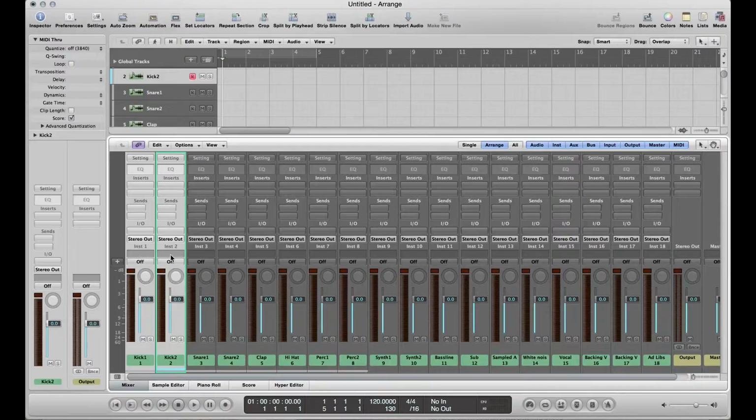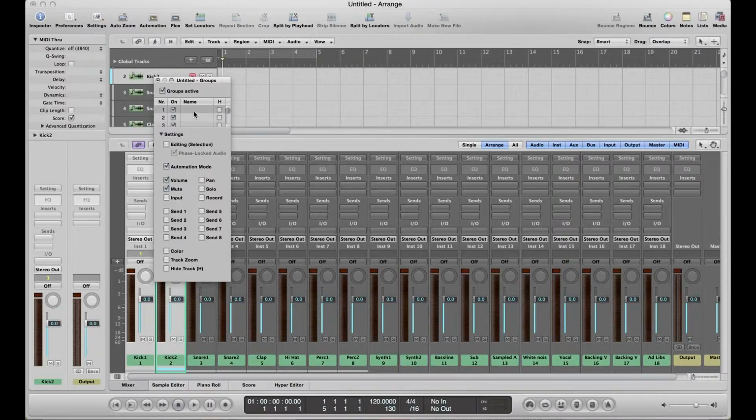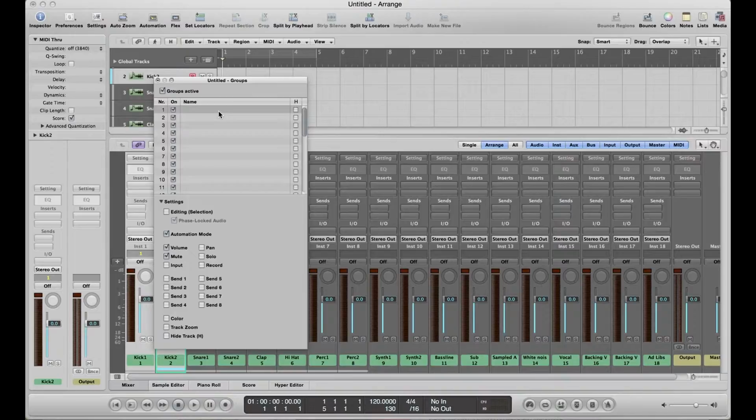So in this dark grey box above where you read and write automation selection button is, you can click and assign it a group. So for example, I'll just show you how these groups work. You might want to group 1, and this pops up. Now if you look at it, you can name it. So we might name our group kicks,